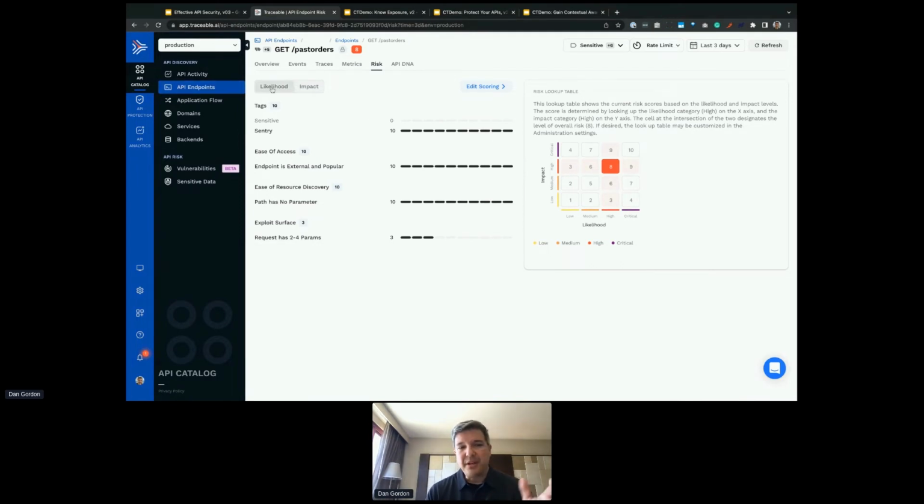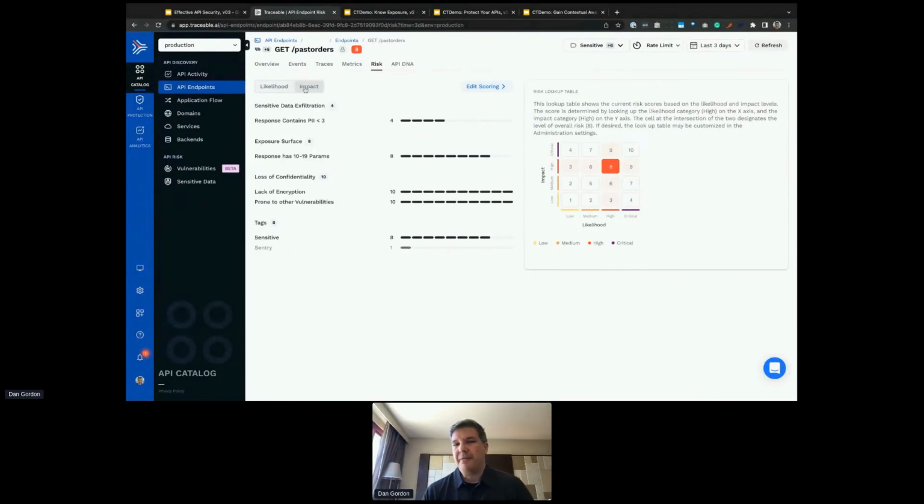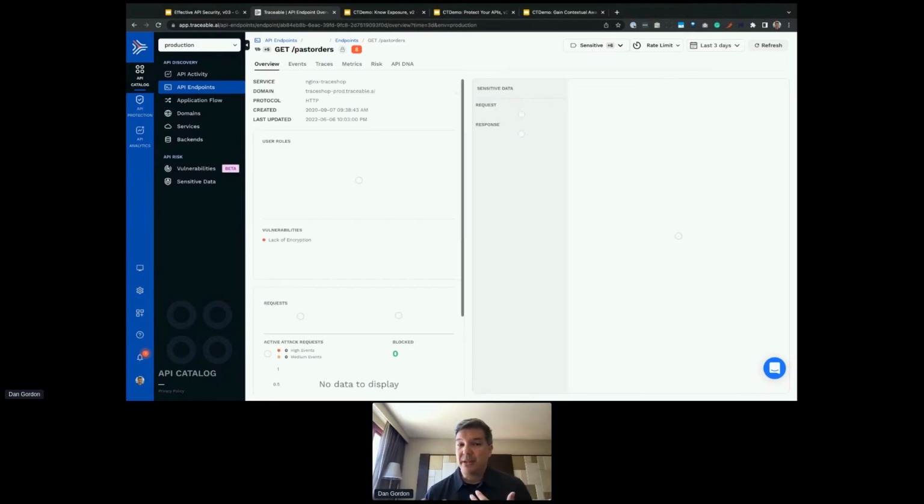But it's based on many different parameters that roll up to the likelihood and the impact of that API endpoint if it gets breached. And so with that information, we have a good view of what APIs we should be looking at first.